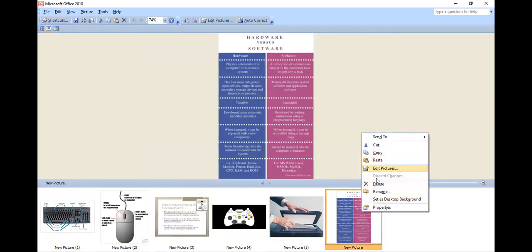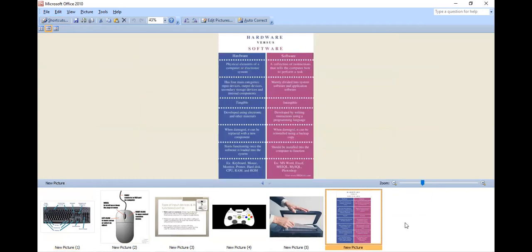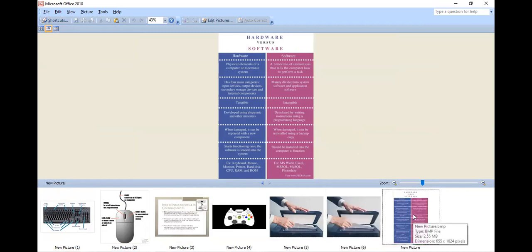Instead of this copy paste, I can directly use Control C, and you can see Control V. You can see I have pasted the same images.